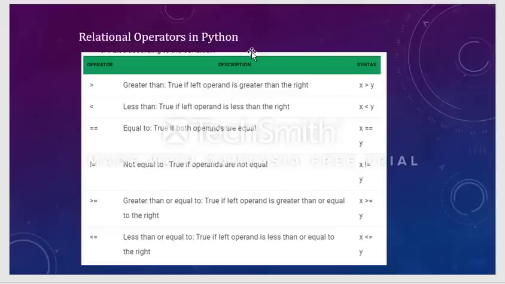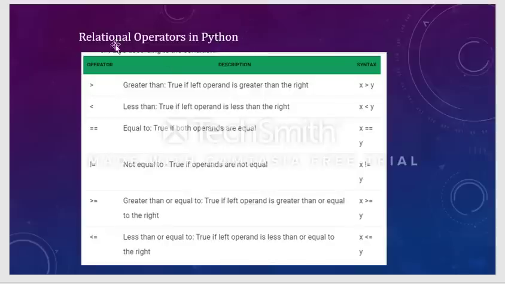This is the same thing as we learned in other programming languages. There is nothing new in this, so I'm quickly skipping this concept.